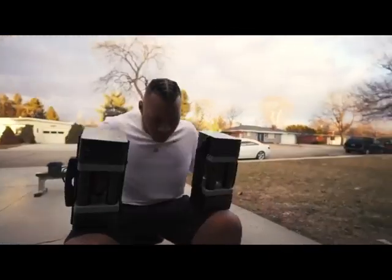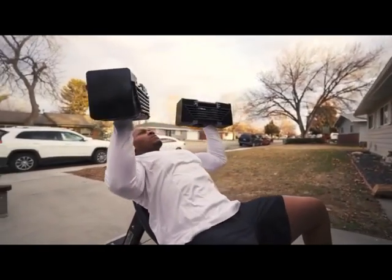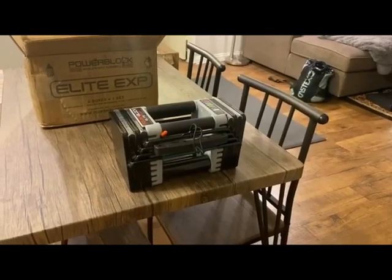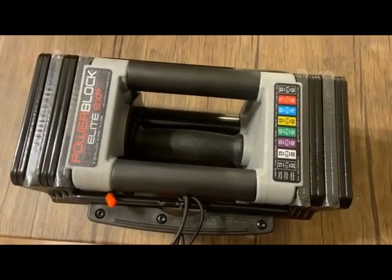I've been using these dumbbells for a few months now, and I have to say that I am extremely impressed with them. They have a durable steel build and feel really solid in my hands. I also appreciate the fact that they are sold in pairs, as it allows me to easily switch between weights